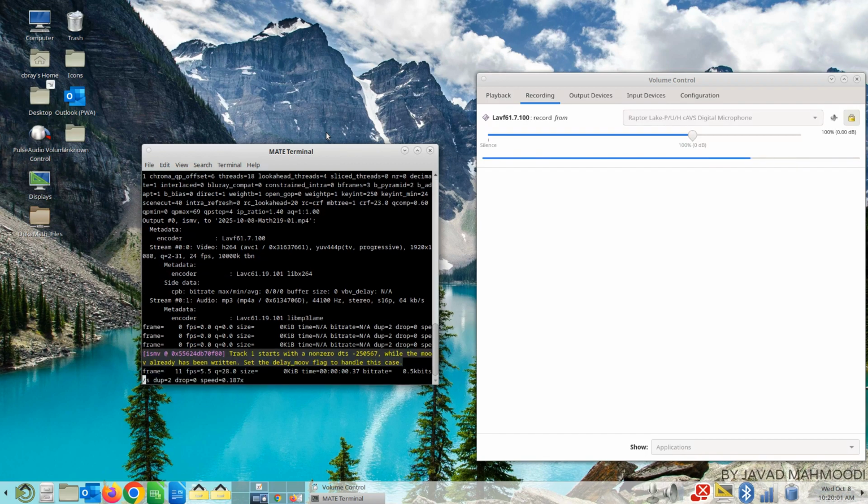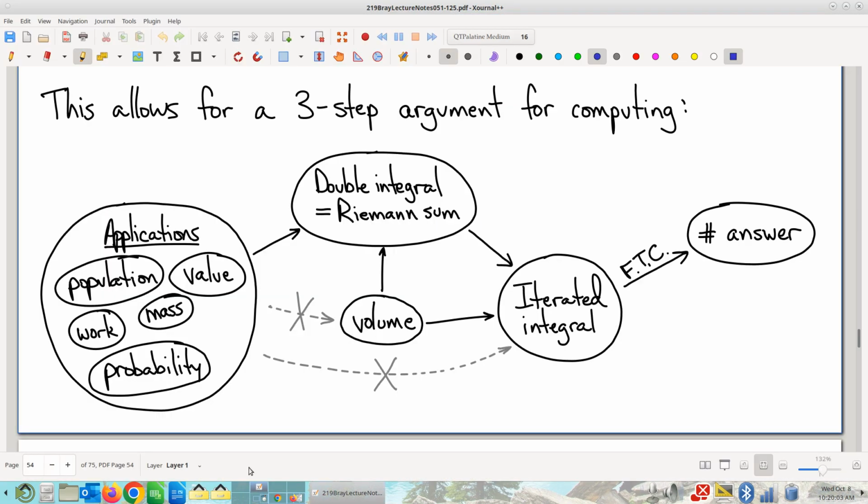Okay, off we go. Here's where we were last time. We were talking about different things. We were talking about iterated integrals. We also talked about double integrals. Again, they're different, right? Now, one of the big punchlines of iterated integrals and double integrals is that, in fact,